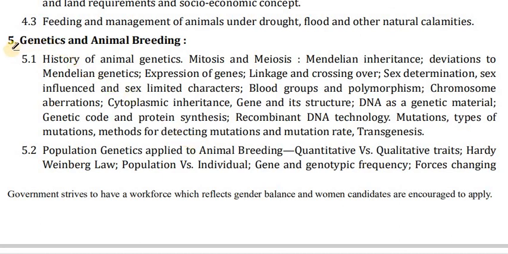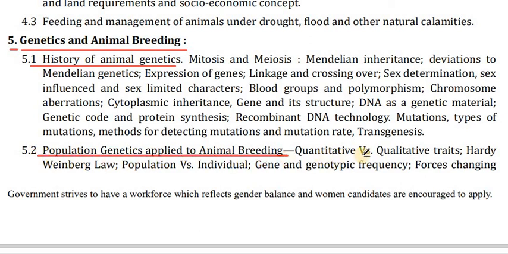Now, another topic is genetics and animal breeding. History of animal genetics. Mitosis and meiosis. Mendelian inheritance, deviation to Mendelian genetics, expression of genes, linkage and crossing over, sex determination, sex-influenced and sex-limited characters, blood groups and polymorphism, chromosomal aberrations, cytoplasmic inheritance, gene and its structure, DNA as a genetic material, genetic code and protein synthesis, recombinant DNA technology, mutations, types of mutations, methods for detecting mutations and mutation rate, transgenesis,